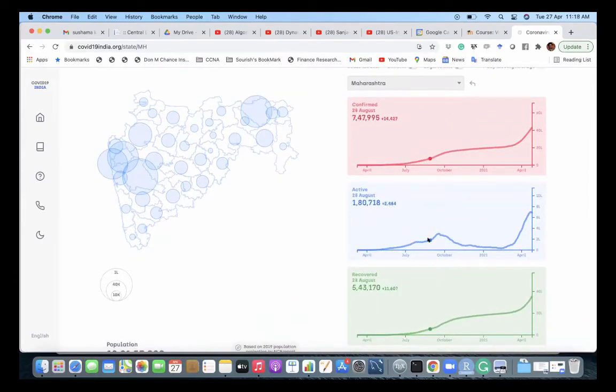You can see as I'm moving along the time, it's giving me the numbers. So these are typically called time series data. The number of cases over time.